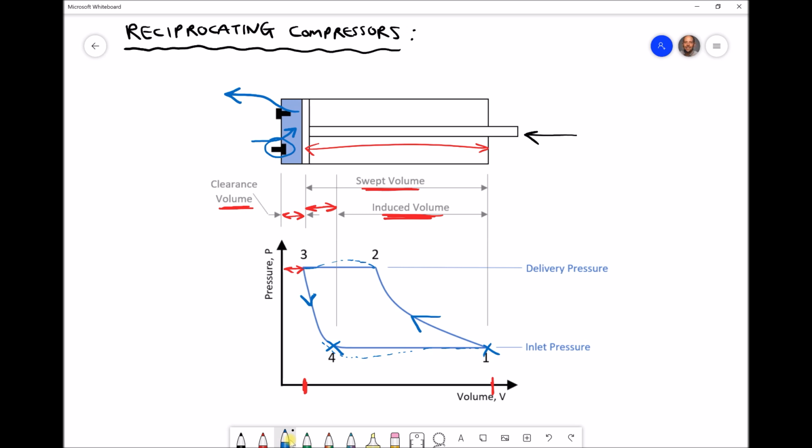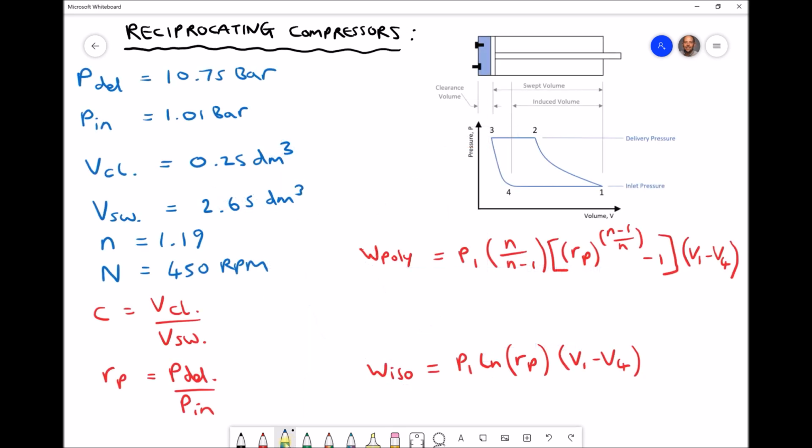Now I'm going to reduce that image slightly and keep it on the screen because as we work through a practical example, we're going to be referring to this diagram in order to determine things such as our swept volume, our induced volume and our clearance volume. And as we work through this example, we're going to be calculating various parameters such as volumetric efficiency, polytropic work, isothermal work and isothermal efficiency. Okay, so I've reduced the size of our diagram, but I've kept it on the screen there for reference. I've also added quite a lot of information here which I'm going to take you through before we do any